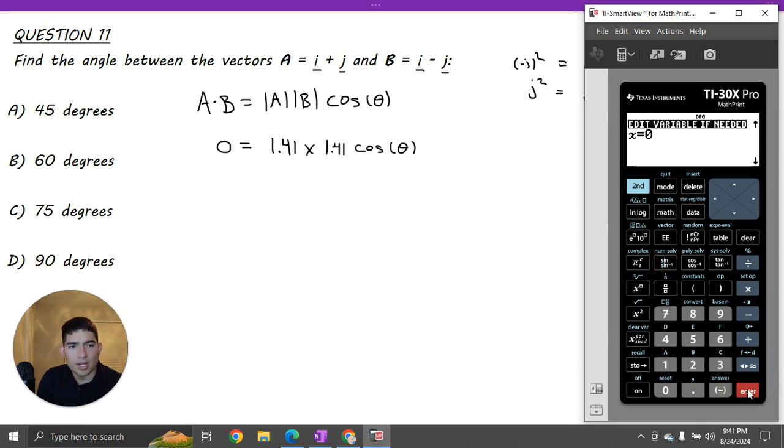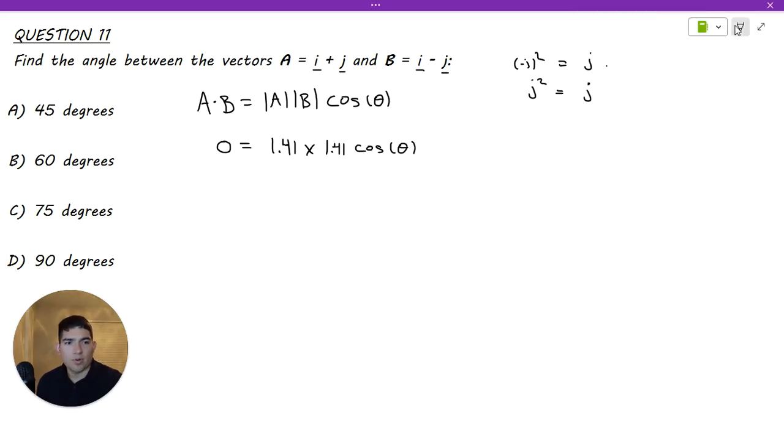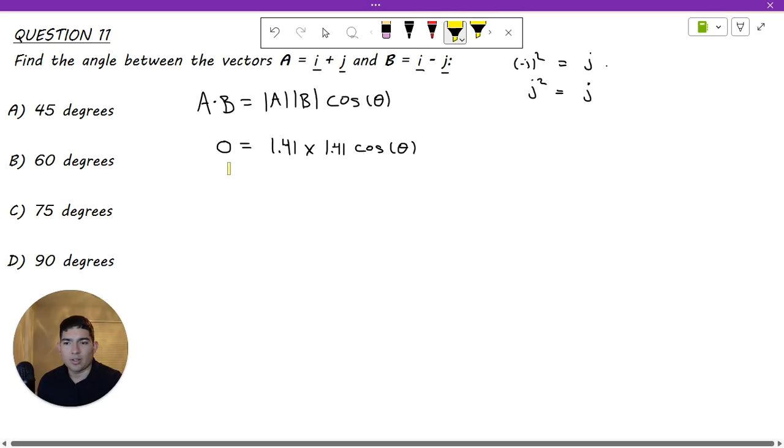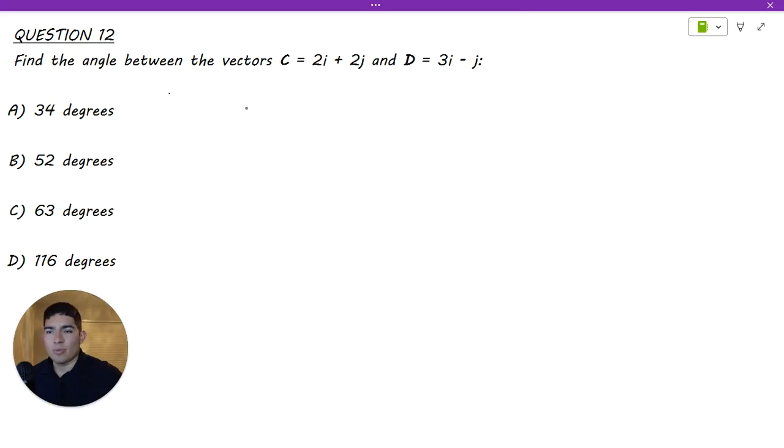So then we can hit enter and it's going to solve, and as you can see it's going to give us that x equals 90 degrees. So in our case, instead of x, we have theta. It's the same thing, it's just our variable. So for us, the answer is going to be 90 degrees, and that means that from the multiple choice, it's going to be D. So moving on to our last problem, number 12, we have one more practice problem on